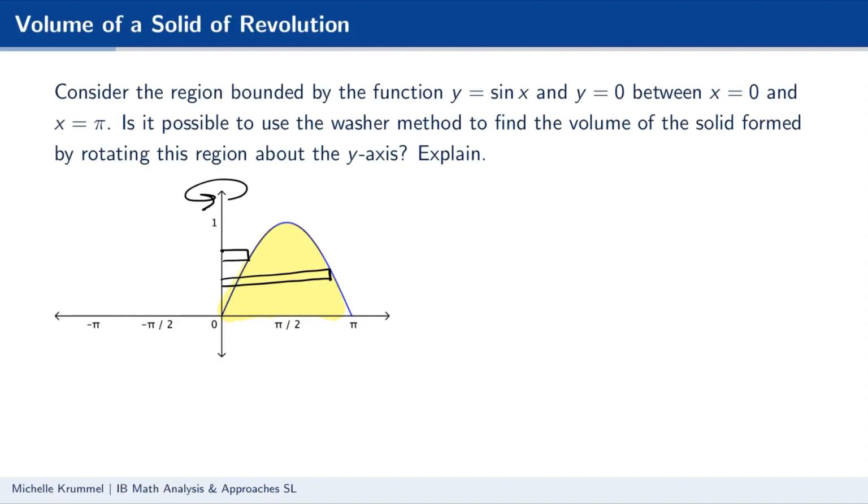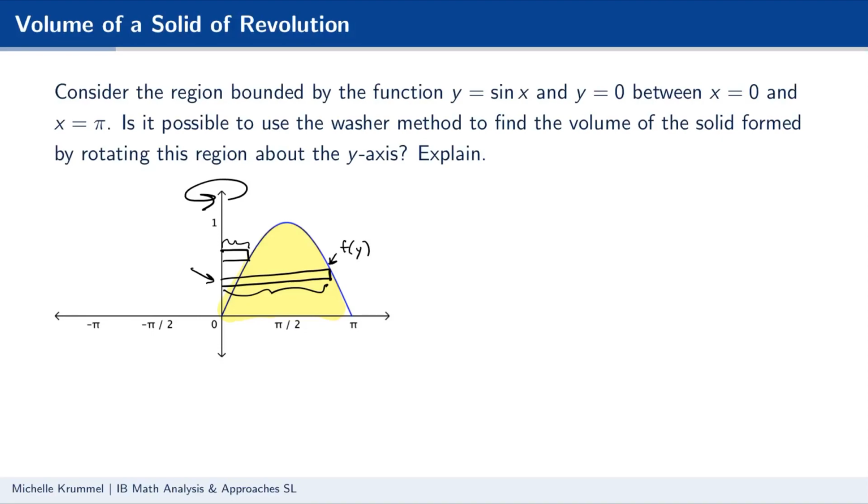Now this is problematic for us because notice that whether I'm thinking about the outer radius or the inner radius, the right side of the rectangle is still just touching that same equation, right? So if I tried to just do this function right here, if I might call it f of x, right? So if I do f of x, well, no, it's got to be f of y, right? Because now it's a horizontal rectangle. So f of y